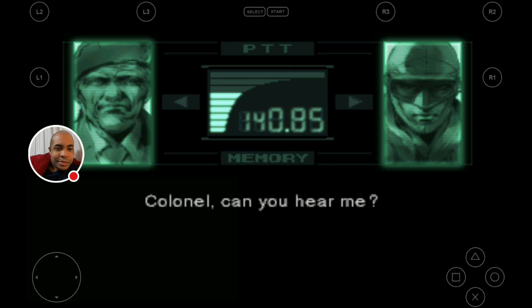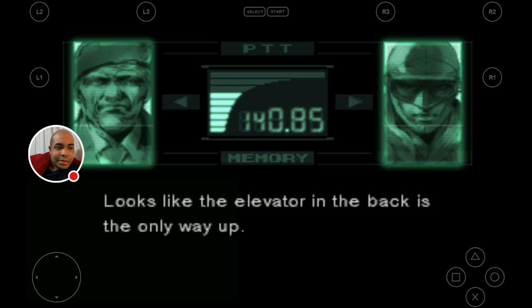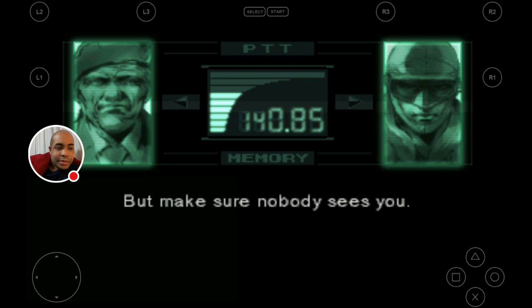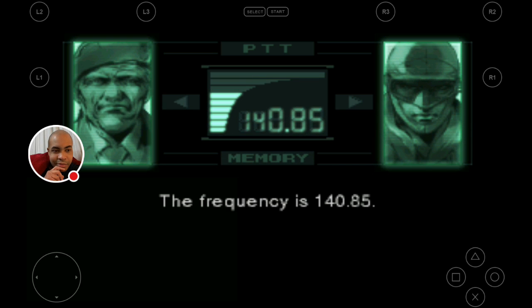This is Snake. Colonel, can you hear me? Loud and clear. What's the situation, Snake? Looks like the elevator in the back is the only way up. Just as I expected. You'll have to take the elevator to the surface, but make sure nobody sees you. If you need to, contact me by codec. The frequency is